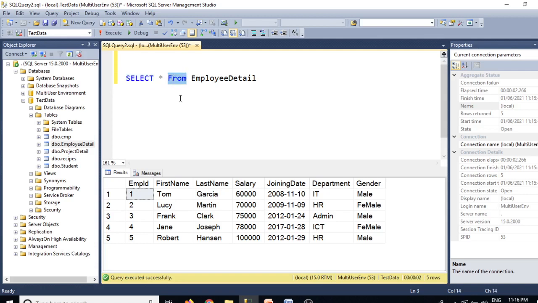This is a very simple select query, select star from employee detail, and it will give all the results from the employee detail table. Star means it will retrieve all the columns, right?